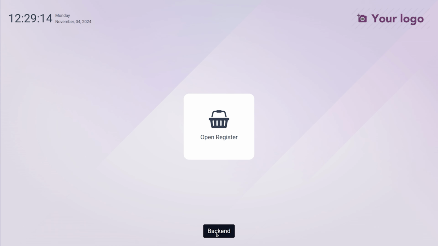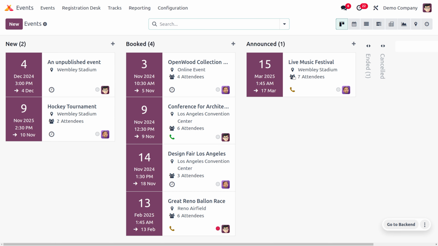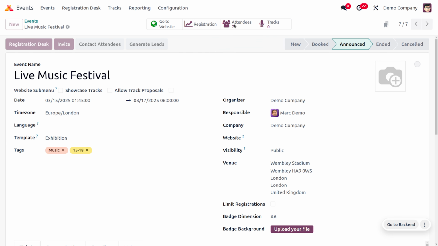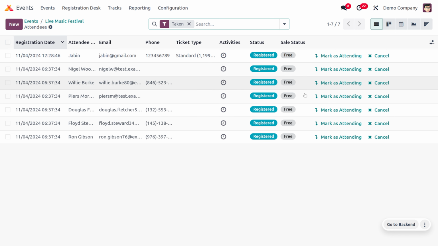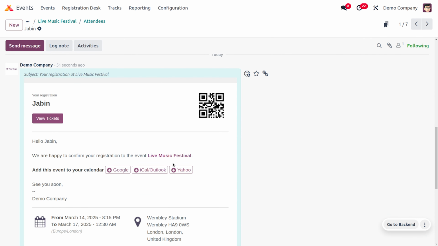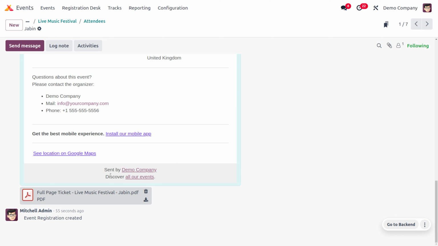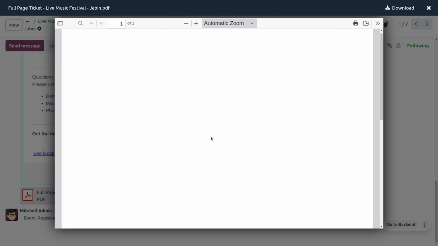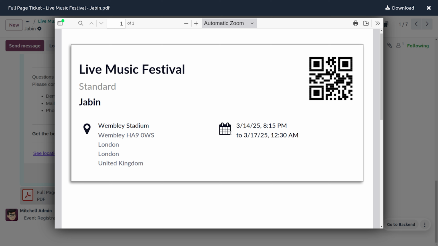So you can move on to the backend, and in the backend you would be able to find the ticket. So let's move on to the event module. In the event module, you can see the Live Music Festival, and here you can see that there are 7 attendees, and as you move on to the attendees, you would be able to find the attendees over here. And if you want to find the badge, you can easily find that. So if you want to view the ticket, you can view the ticket over here. So let's open this. So here you can see that we have just got the ticket, and this is the badge or the ticket